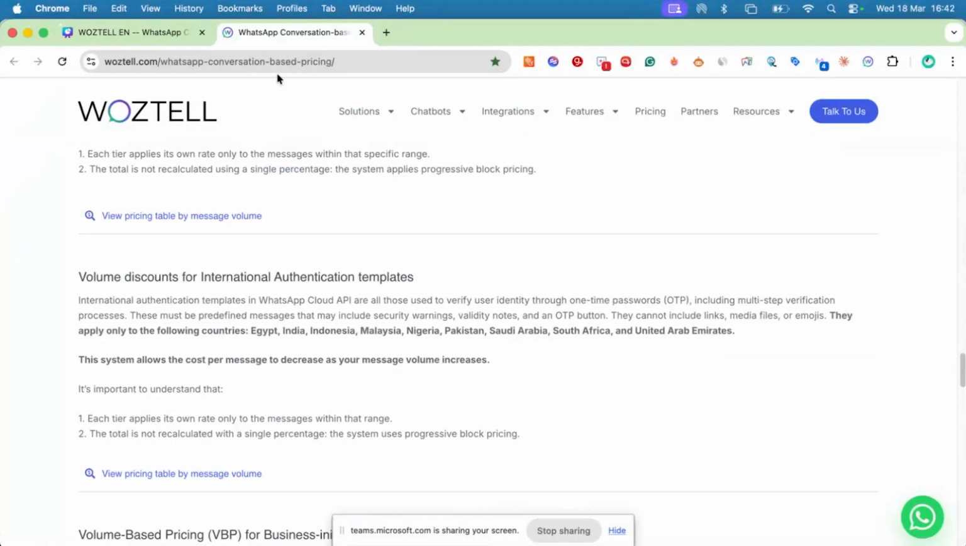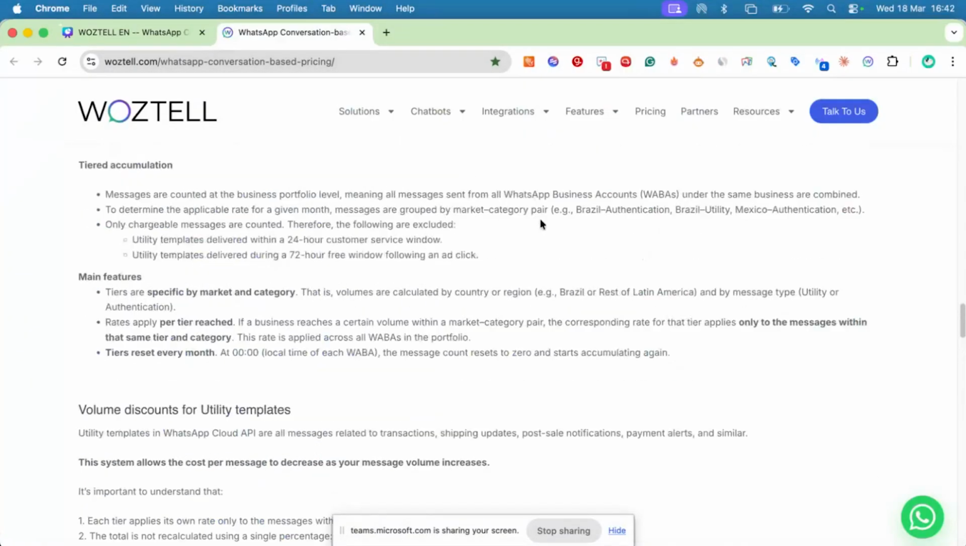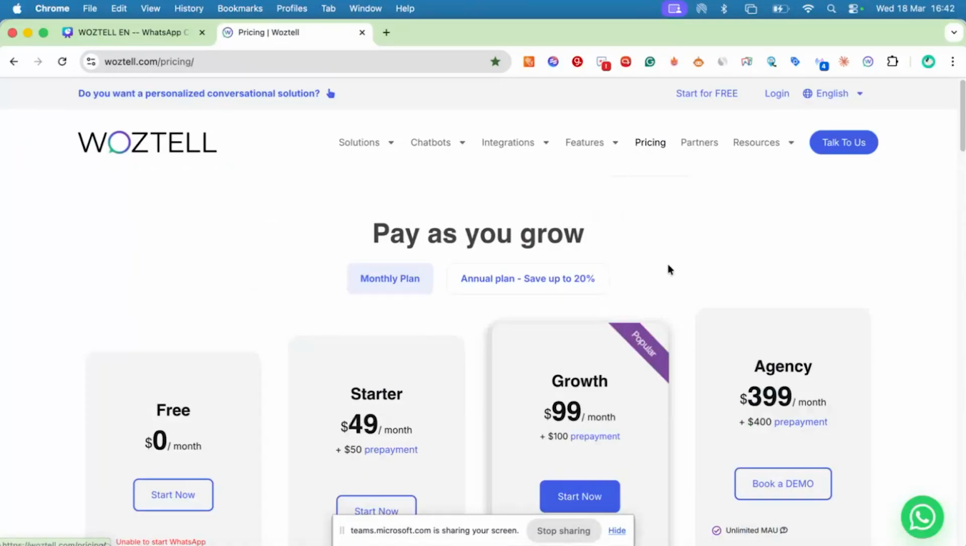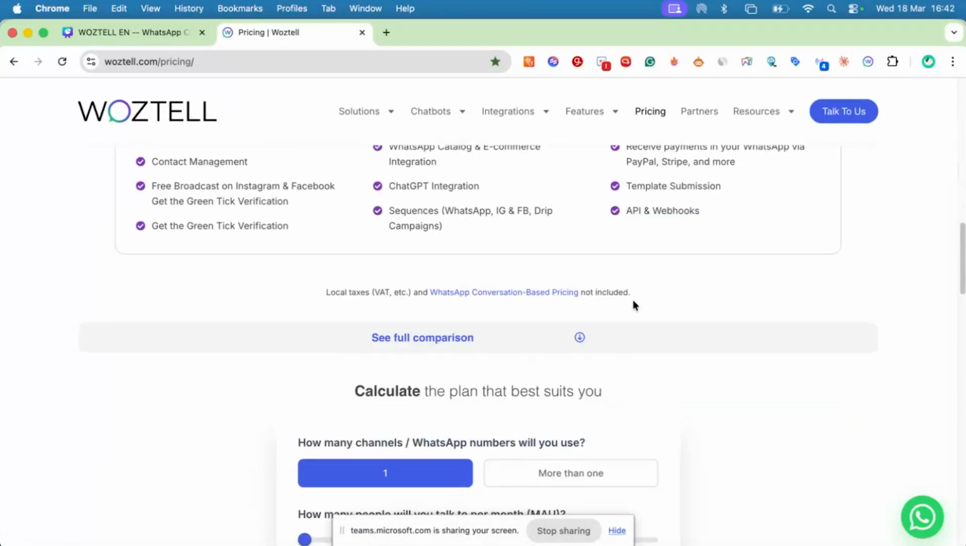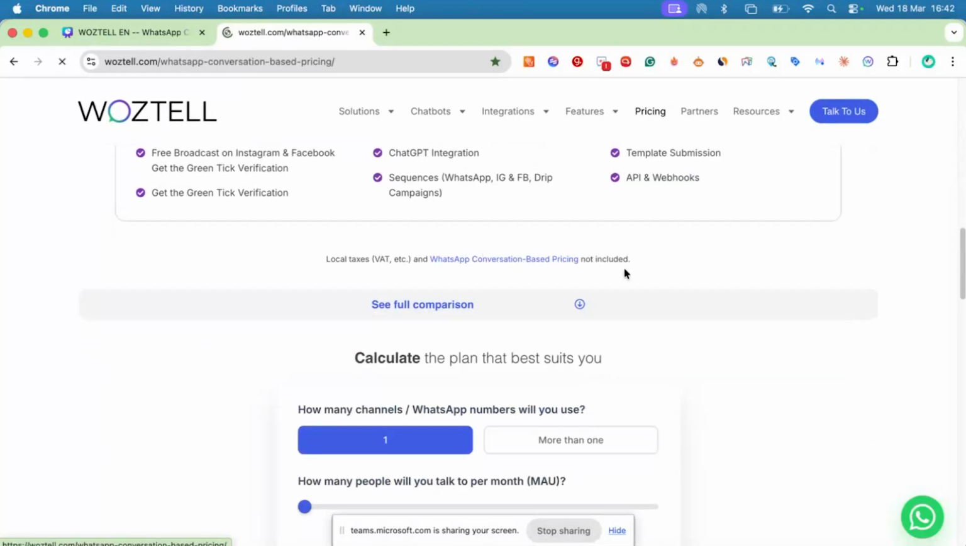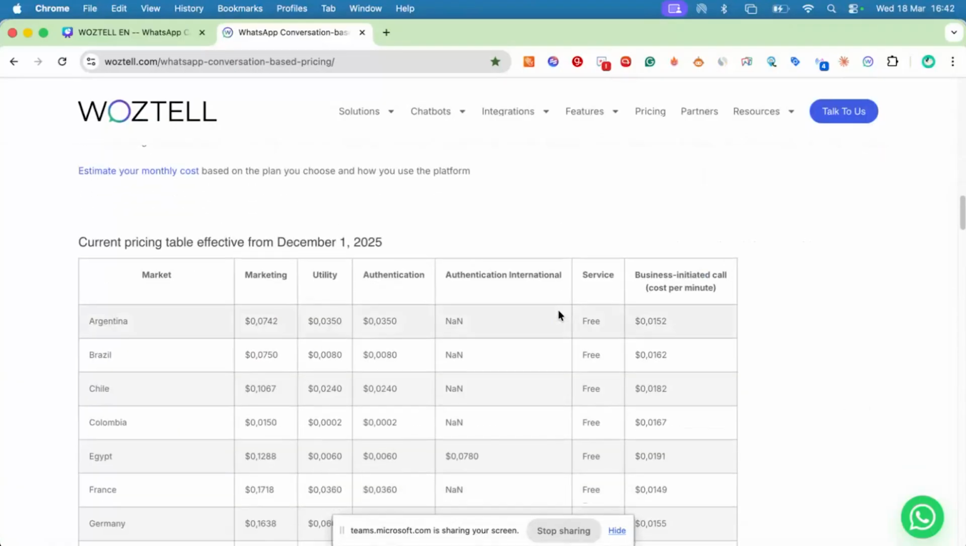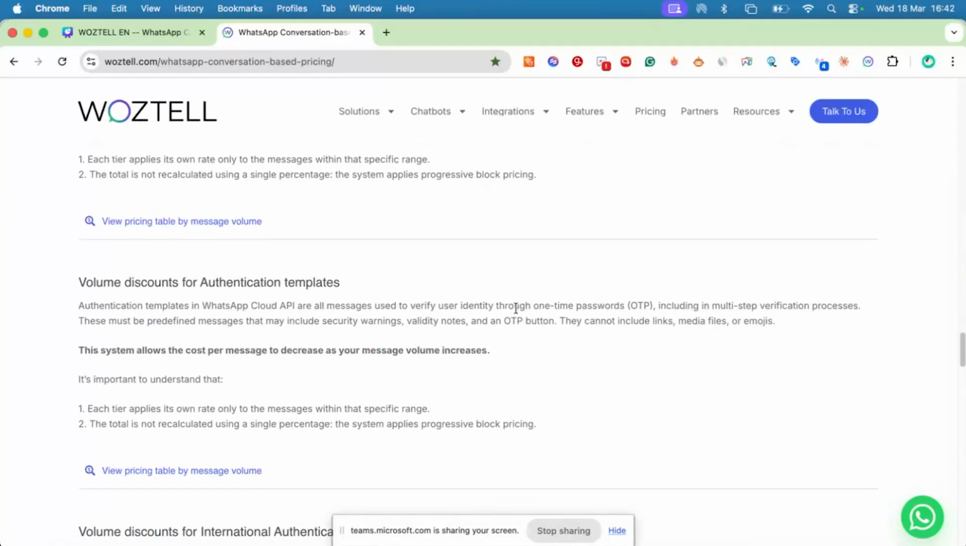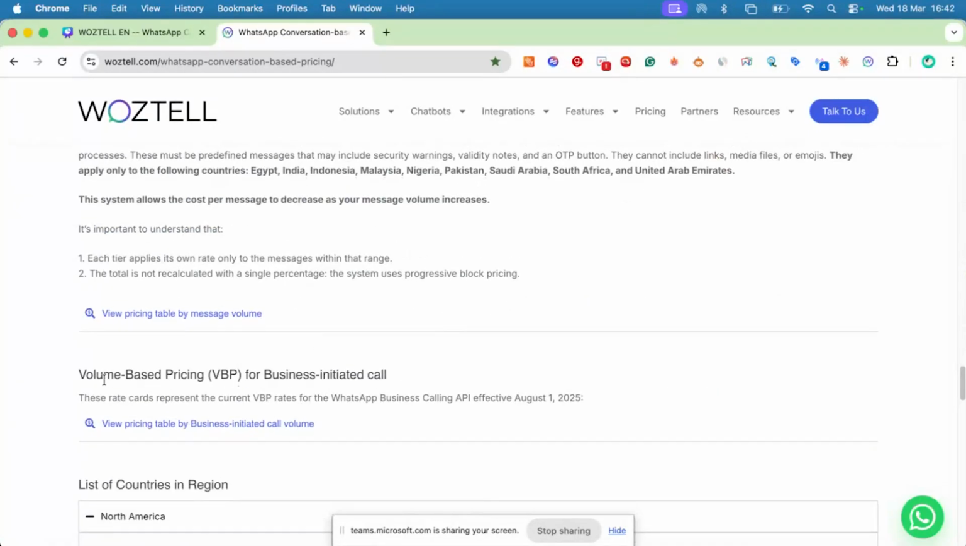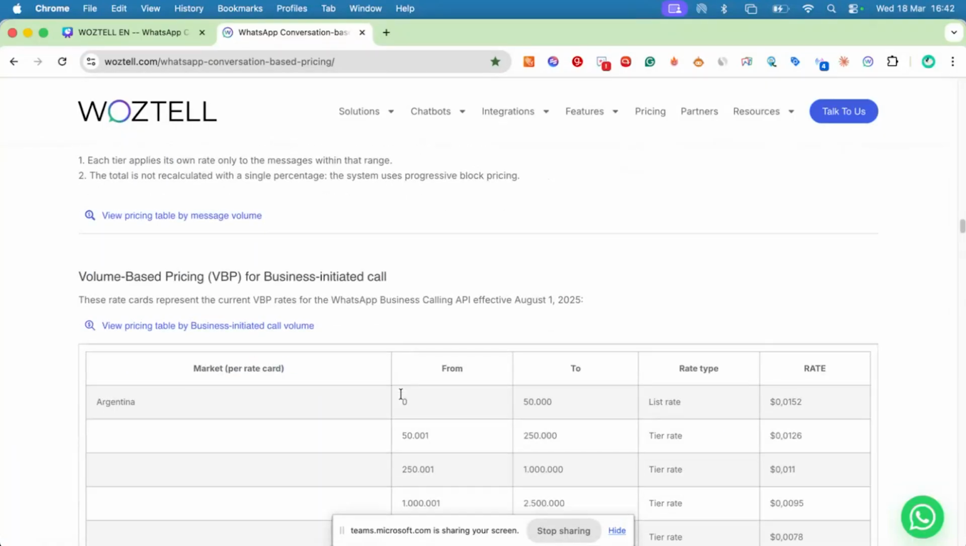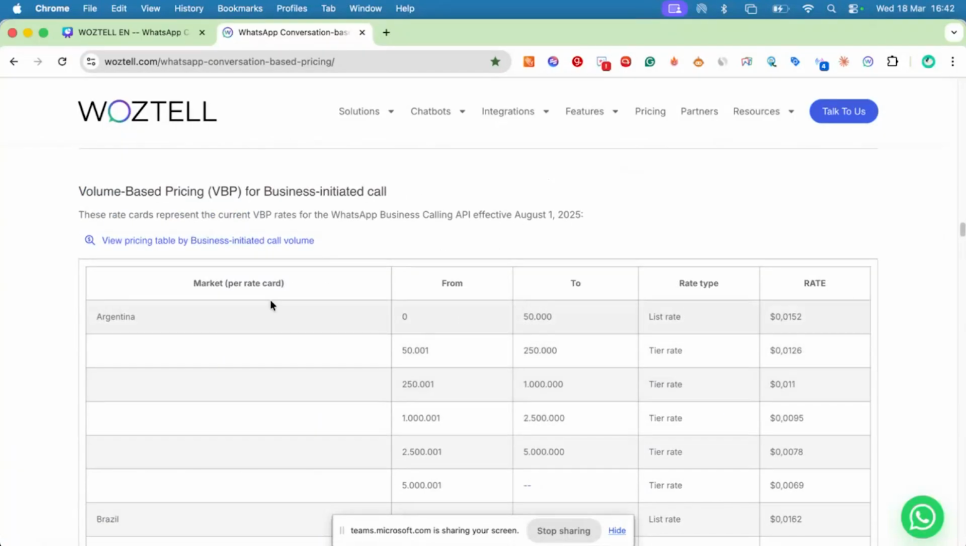To check this, you can go to WhatsApp conversation-based pricing. If you don't know, you can come to pricing, and then you click here on WhatsApp conversation-based pricing. And you can also check here that it will be volume-based for business-initiated calls. You click on this table, and for example, if I start in tier 0, that is